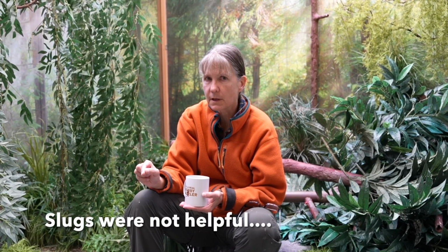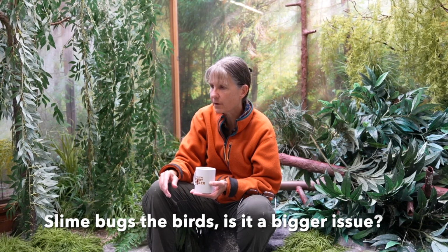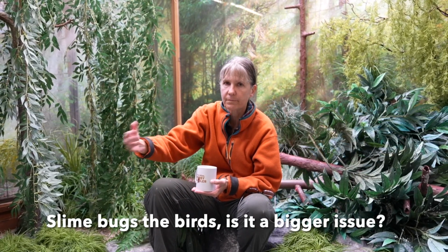So that was great. What wasn't great was that it's really hard to keep slugs out of the aviary. Tiny ones get in and then they grow, and I did not get any of the native big banana slugs, but I did get lots of little teeny tiny ones, and they still leave that slime over everything. And then it didn't matter what I did, if I scooped that off or if I tried to mix it in, the birds just would visit the compost less and less, and they just don't like it. They don't like it on their seed, they don't like it, whatever. So I kept picking them out and trying to keep it clean, and it just,